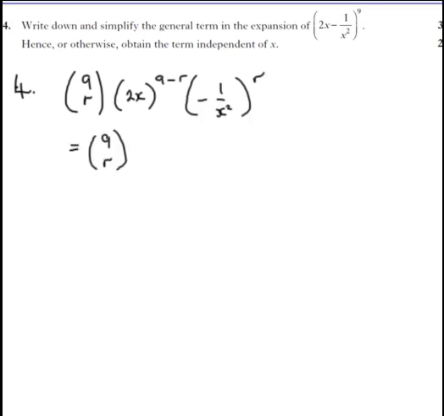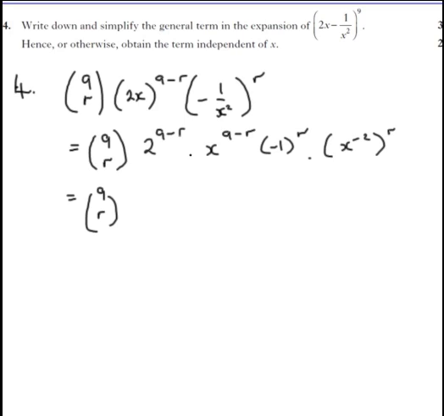So that's 9 choose r. Now 2x in brackets to the power 9 minus r, we can split, and make this 2 to the 9 minus r times x to the 9 minus r. Minus 1 over x squared, we can split this as well and make this minus 1 times x to the minus 2, all to the power of r. So we can then split that and make it minus 1 to the r times x to the minus 2 to the r,